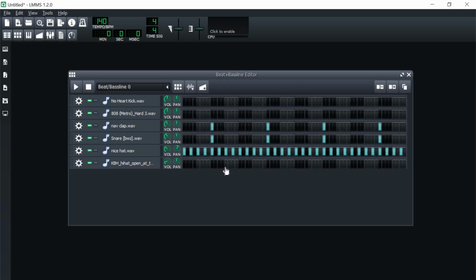So the next thing that I'm going to do is place my open hi-hat right after the first clap and then right after the third clap. So now it's going to sound kind of like this. And that's basically just going to add a little bit of a bounce, but now the real bounce comes